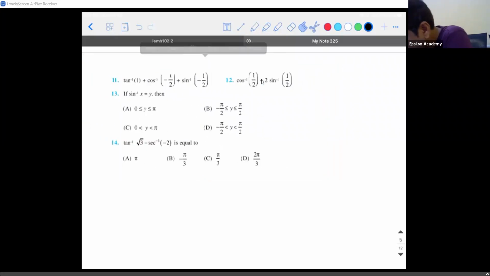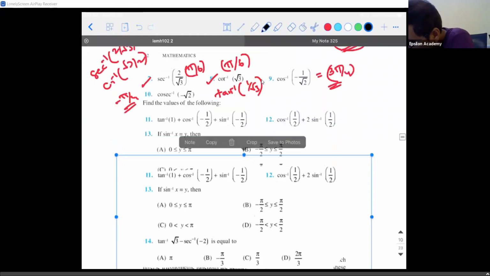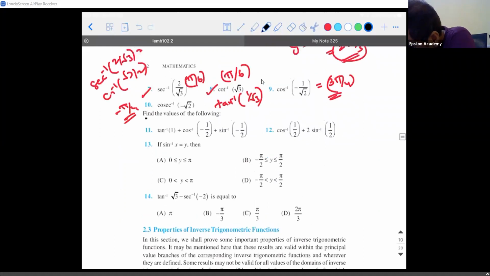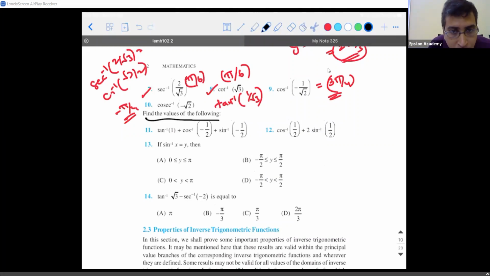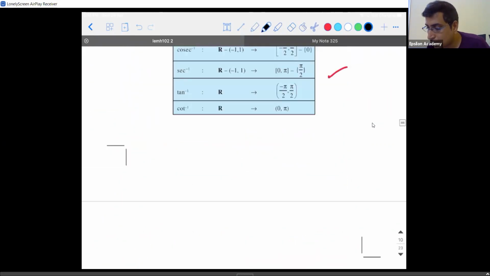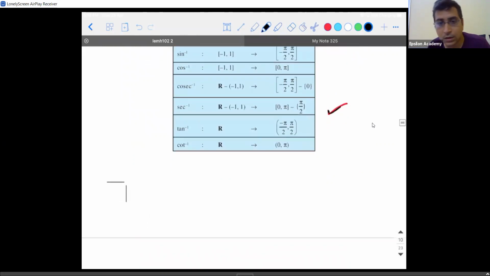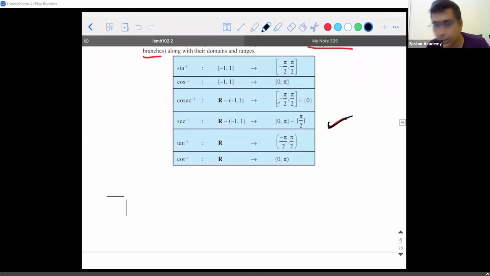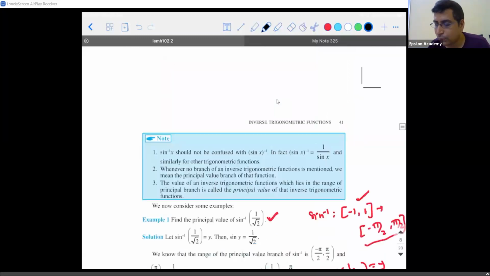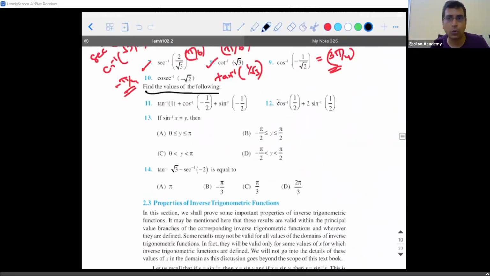So the first one, what are they asking? Find the values of the following. When they say values of the following, you need to obtain a single term, a single variable. This table is in the books. Which table? He's asking about the trigonometric table, the 180 degrees and so on. Yes, this one which I'm showing right now. This is already there. If they're asking for generic values, that will not be there; you have to go to your lower classes and take it.